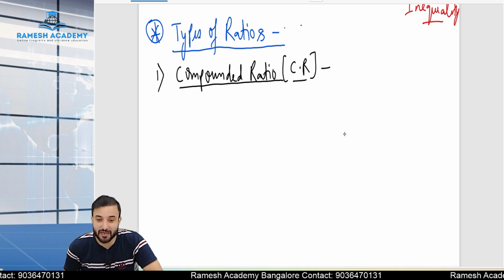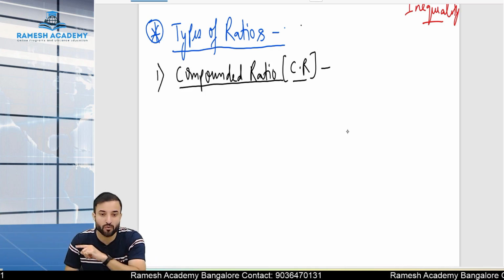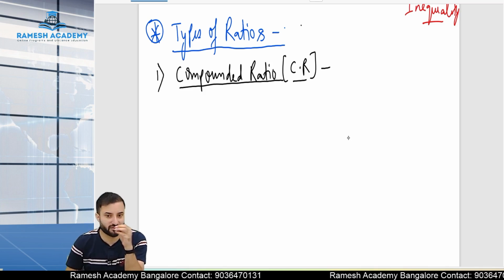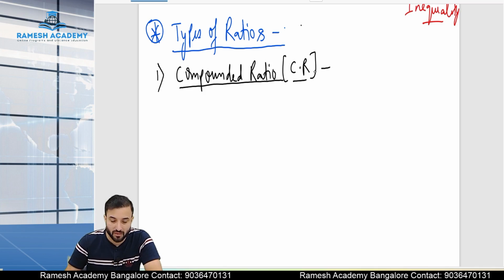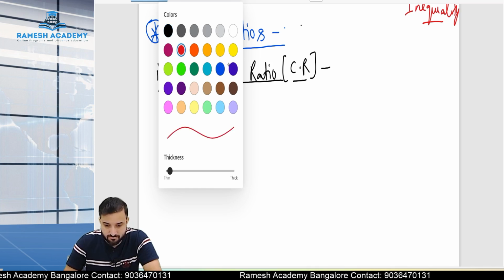Okay, so types of ratio. The first is what? You can say compound ratio or compounded ratio, both are similar. So the formula for